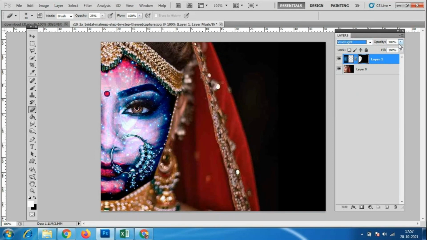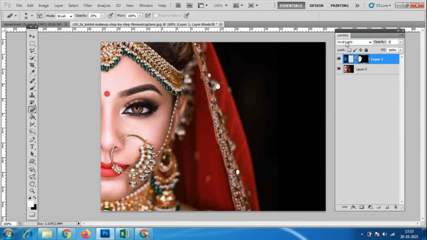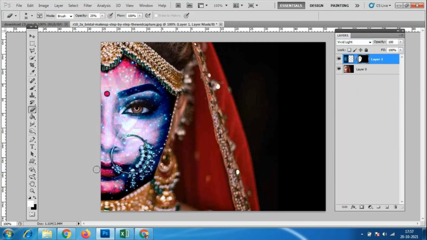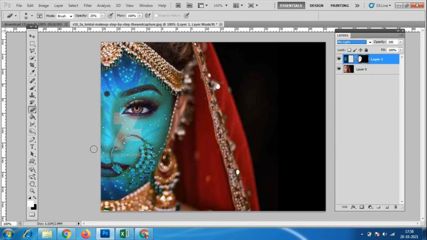Even for this you can give the opacity here. 100% is there, so in that you can give 50% opacity. If you give 100% opacity, more red bright color will come like this. In this you can make 70% opacity, 50% light, like that you can make it. This is a linear light option. Okay, like that. Pin light. Okay, this is looking nice, the pin light option.